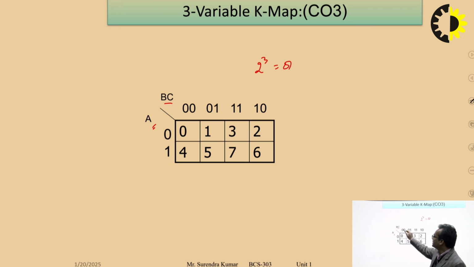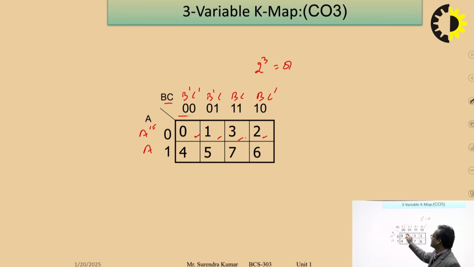So this can be represented as B dash C dash, B dash C, B C, and this is B C dash, and this is A dash and A, right? Or you can number these cells 0, 1, 2, 3,